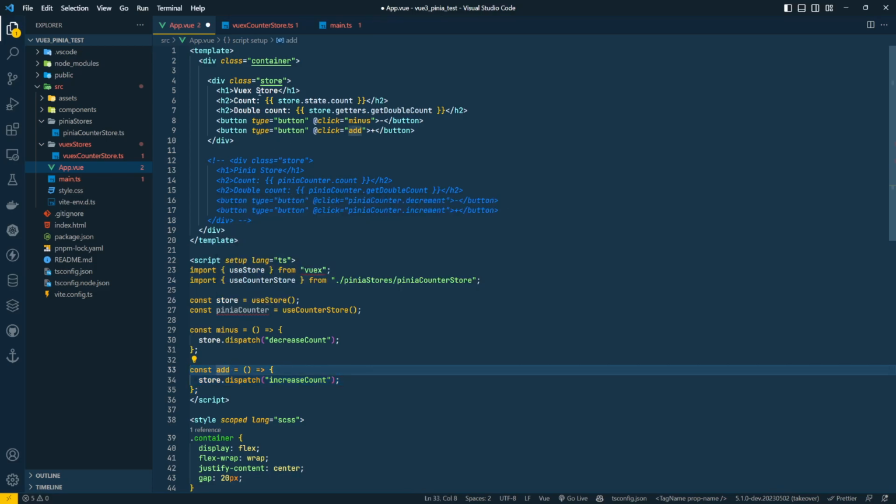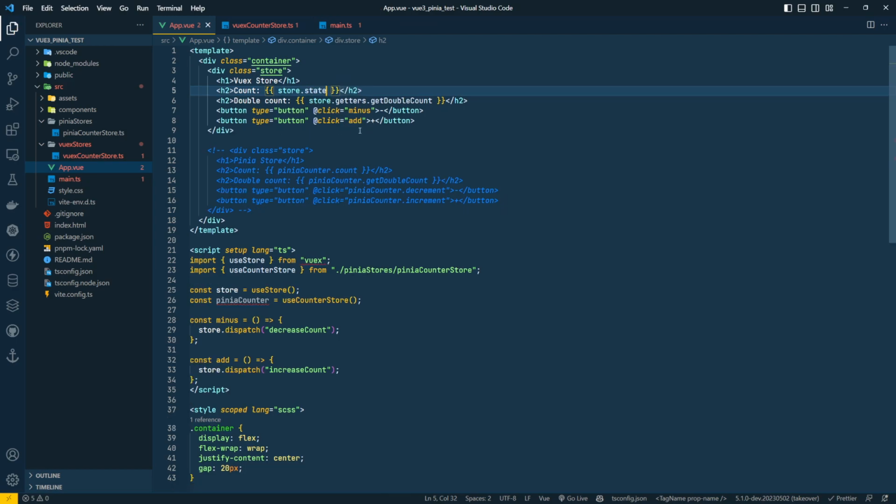And I also put my state here. So you can see here I call the store.state.count. So this way you can access the current value of your state, right? So if I don't use .count, so if you take a look at the example, oh, I think something's wrong,